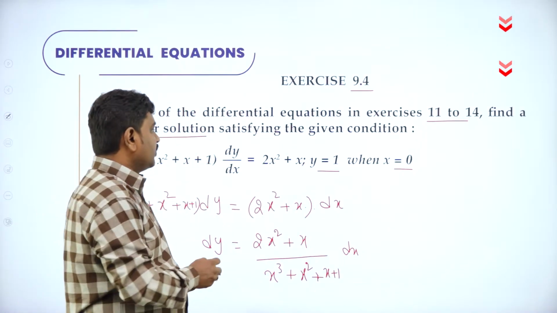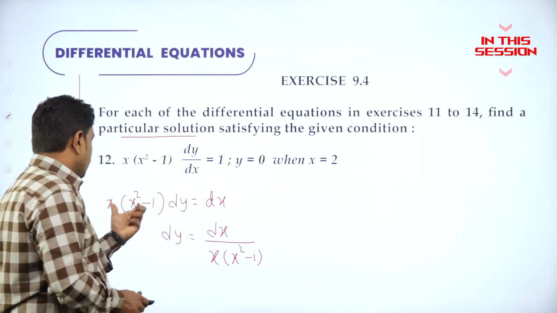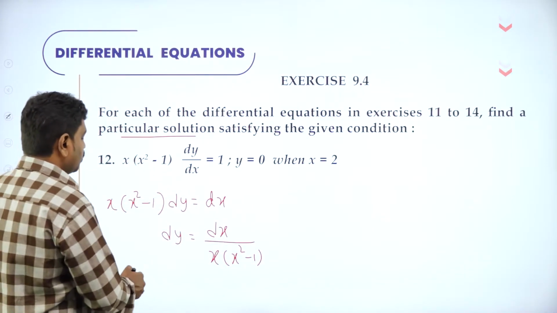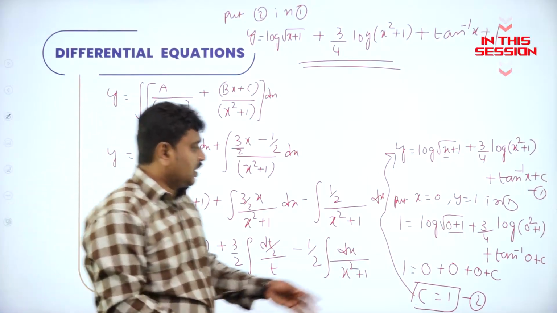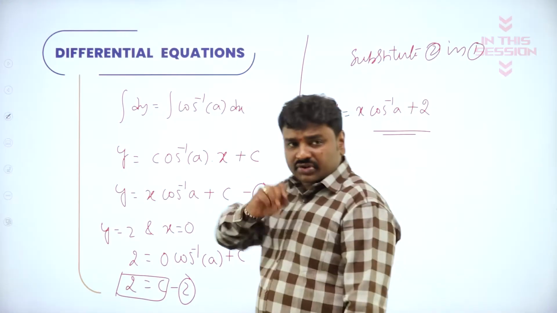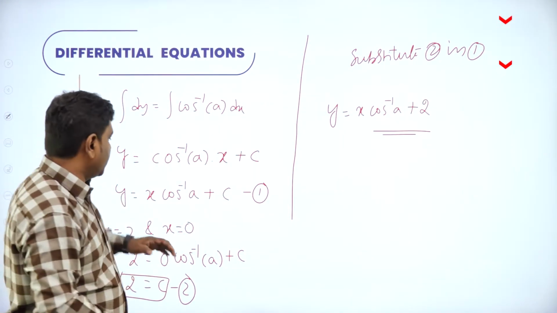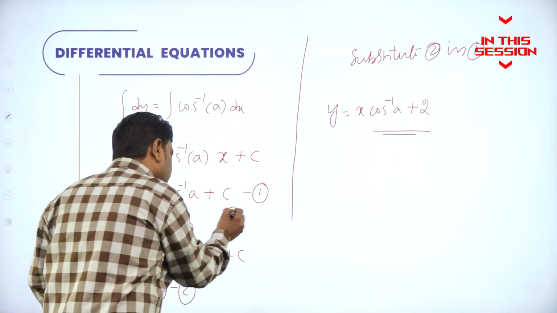In order to find x and y, they give rule number 2, functions of x should be with dx. So I transferred this. Now integrate both sides. General solution means after you integrate, you'll have integral constant called c. This is general solution. Always first we should do separating the variables, then we need to integrate and we need to get general solution. General solution means what? It will have integral constant.